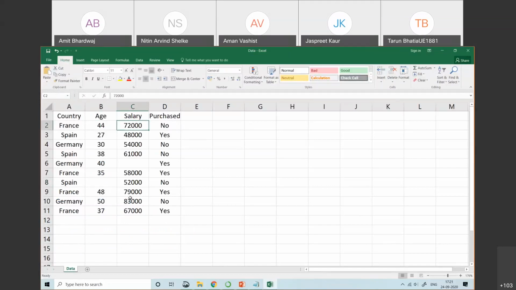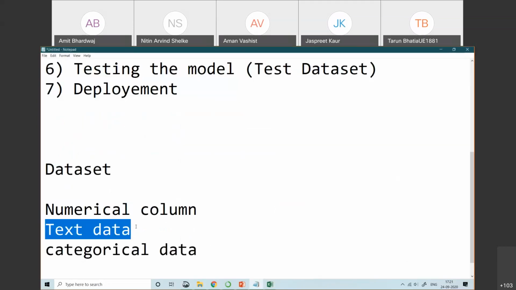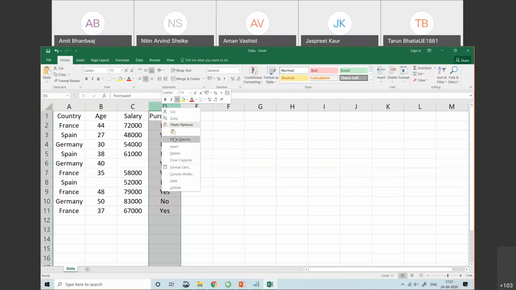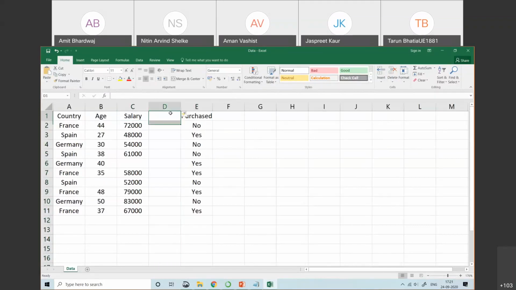Now, text data means what? Text data means the rough data, where you cannot have categories. Let's suppose I add one more column here: address.